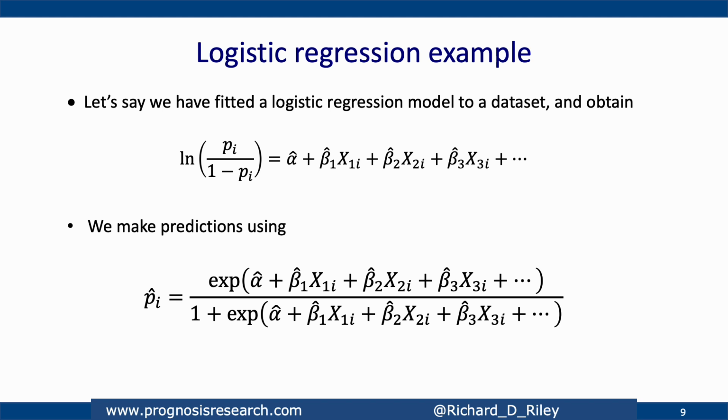So once we have that logistic regression model equation, in a new individual we could rearrange this equation to obtain a predicted or an estimated probability of the outcome for that new individual, conditional on the parameters of the model, the alphas and the betas, plus the individual's own values of their predictors, x1, x2, x3, etc.